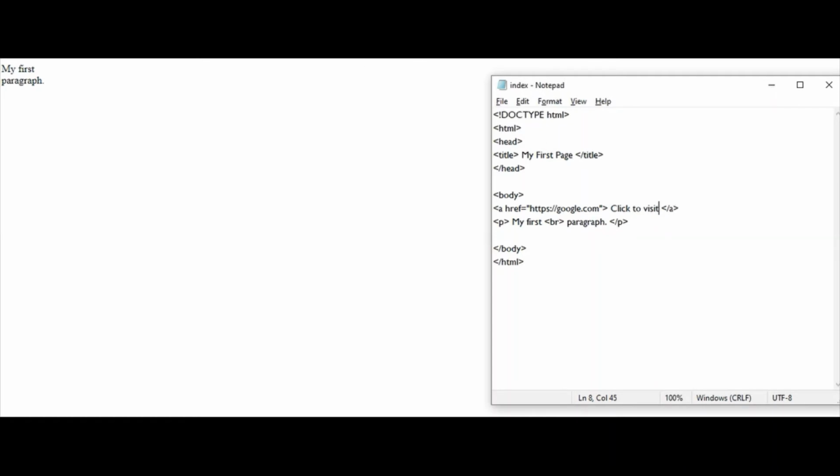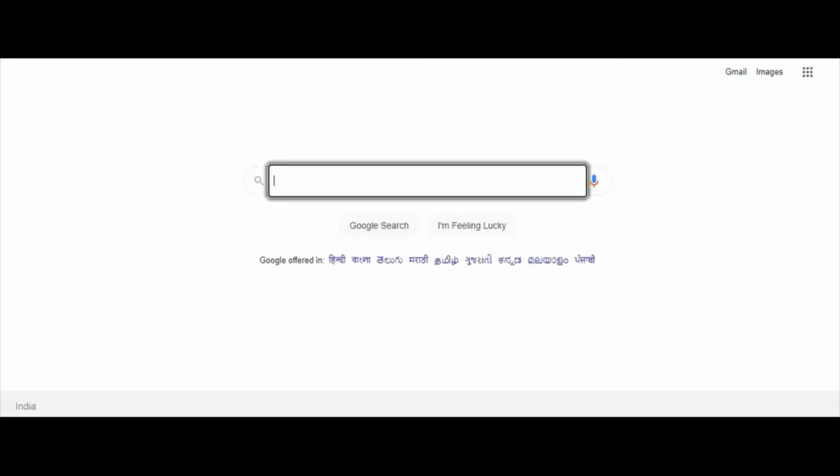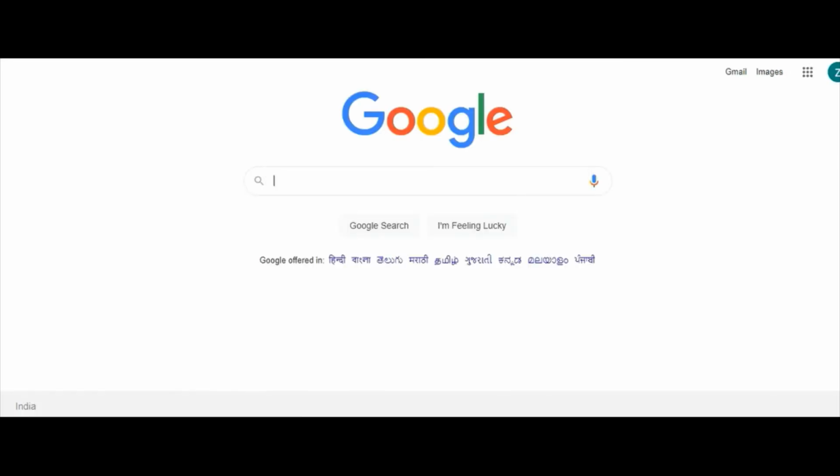I've saved my file, now testing it. And here you can see we got the hyperlink. I'm opening this hyperlink in a new tab. And we are taken to the URL which was mentioned in the href attribute. So going back,